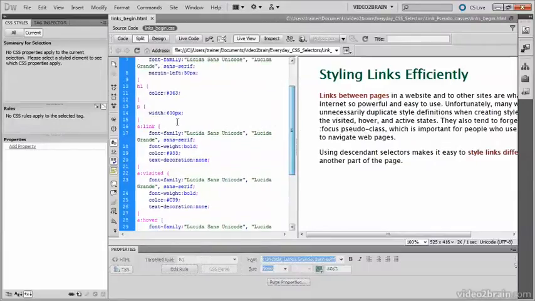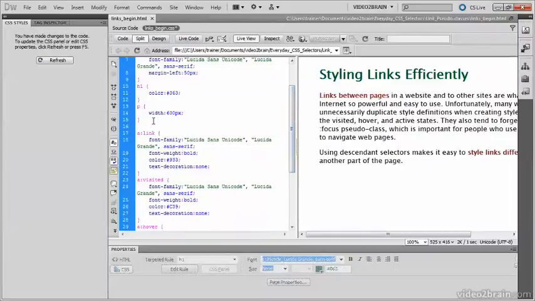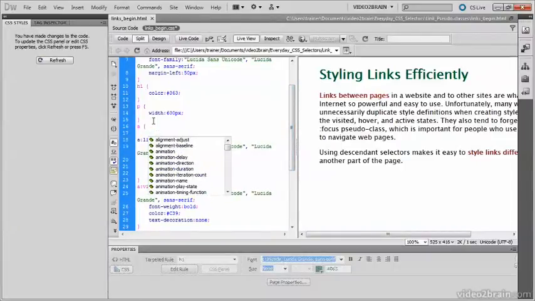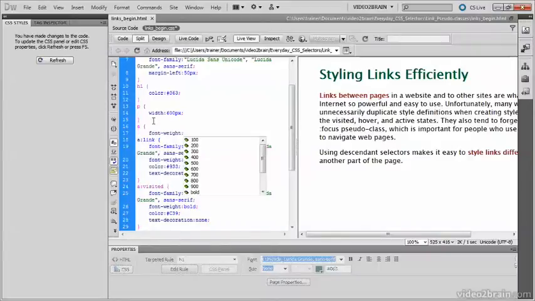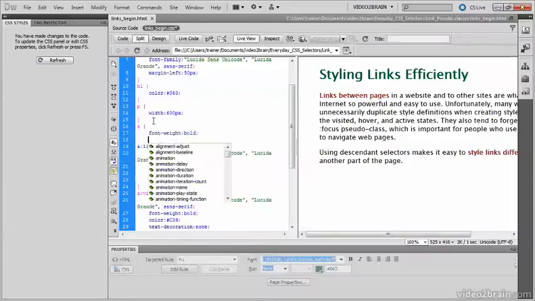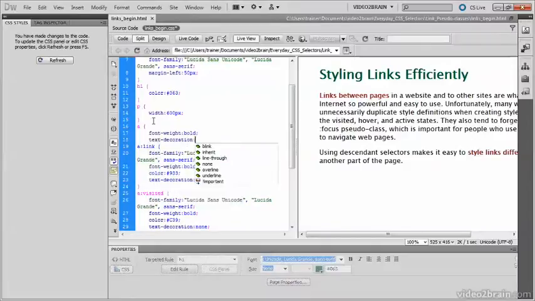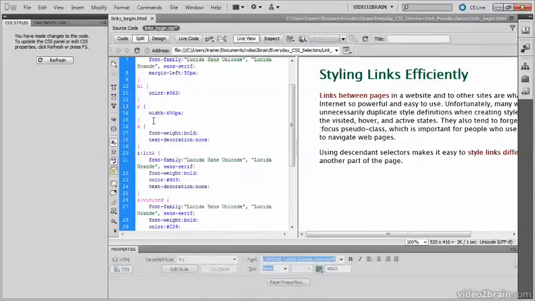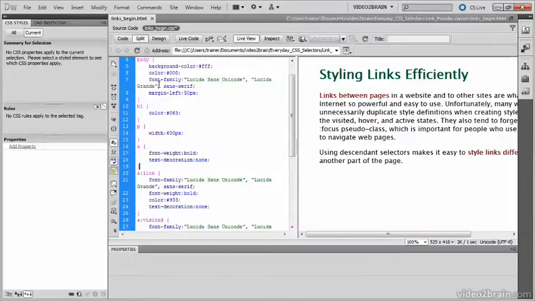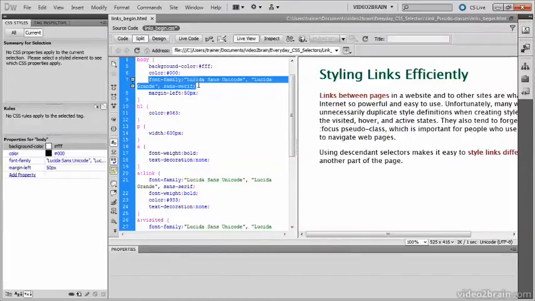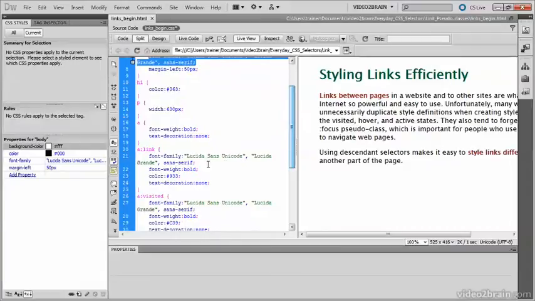I'm going to create a basic rule for all links using the A selector and set the font weight to bold and text decoration to none. That'll now apply to every link in the page. I can get rid of the font family because that's already been declared in the style rule for the body up here. So let's get rid of it from the link